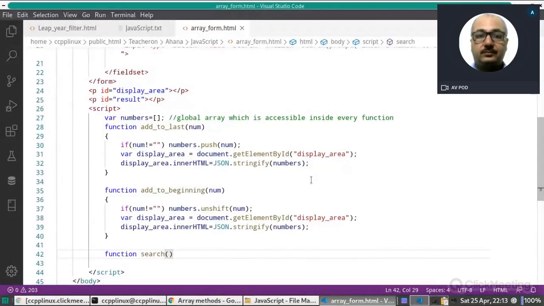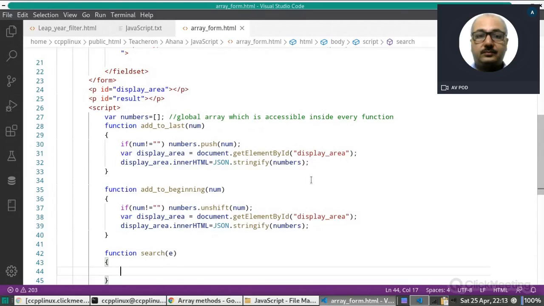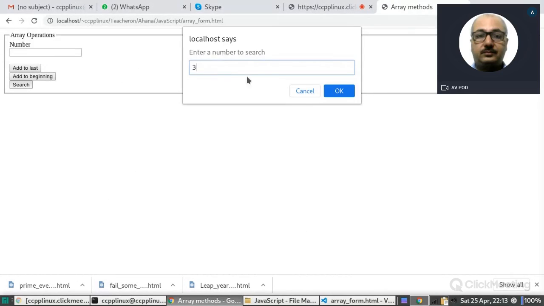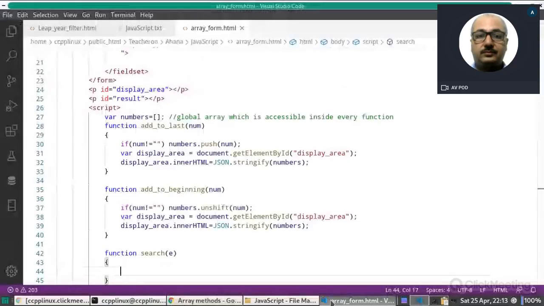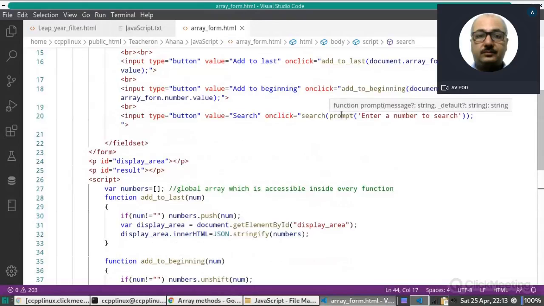So function search, and suppose it contains e for element. Now it is asking for a number to search. Suppose I am writing 3. At this moment it will do nothing, but what we are doing is passing this prompt value to the search method.